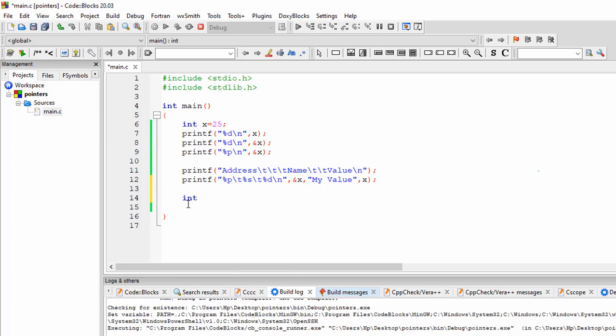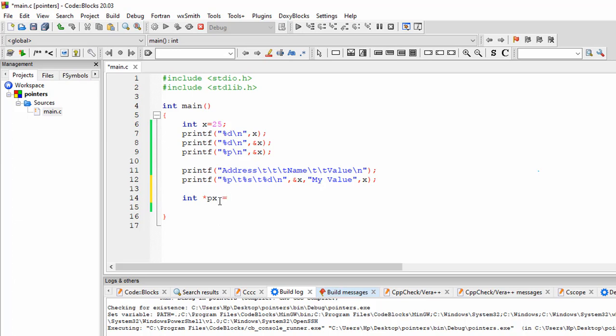Now I have to use some variable. Suppose I will use variable px. You can use any variable name, but I have used px. But to make it a pointer variable, I have to make use of this asterisk symbol. You can have a space here, or if you don't want a space, you can also continue with this. This *px is a pointer variable. Now it can hold the address.